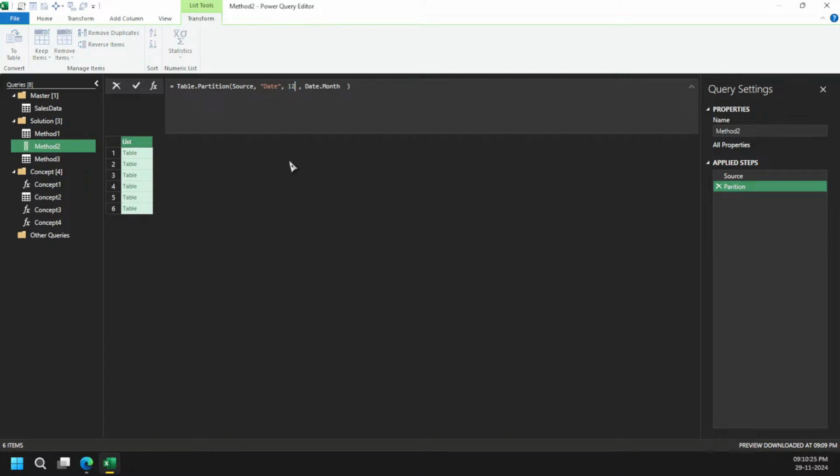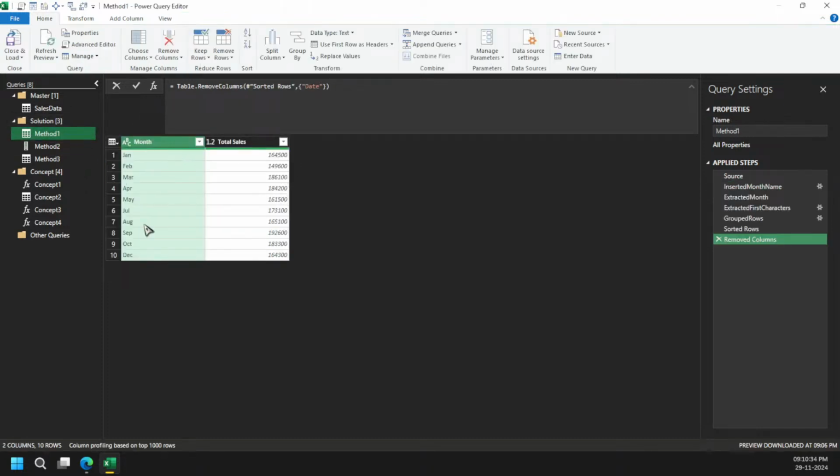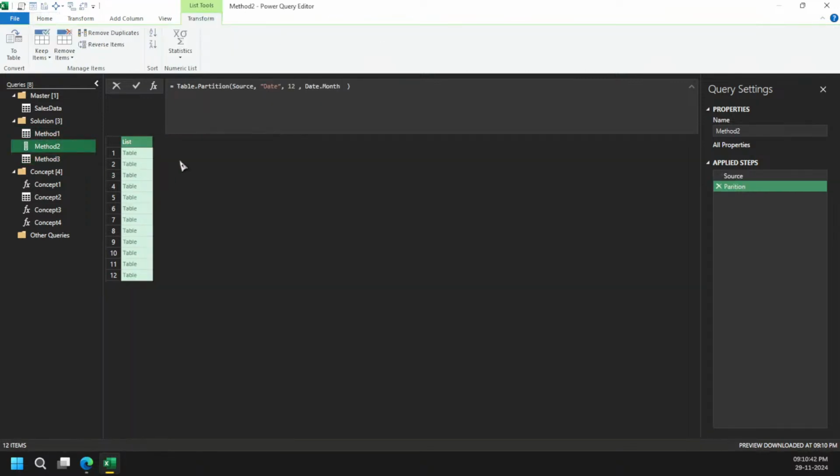So for simplicity, we know we need to bifurcate into 12 groups, so I am doing that. Now you can see here earlier we had only 10 months, so we don't have the June month and the November month. Because we have got empty tables here as well, you can see above, one by one, yeah, this is an empty table.